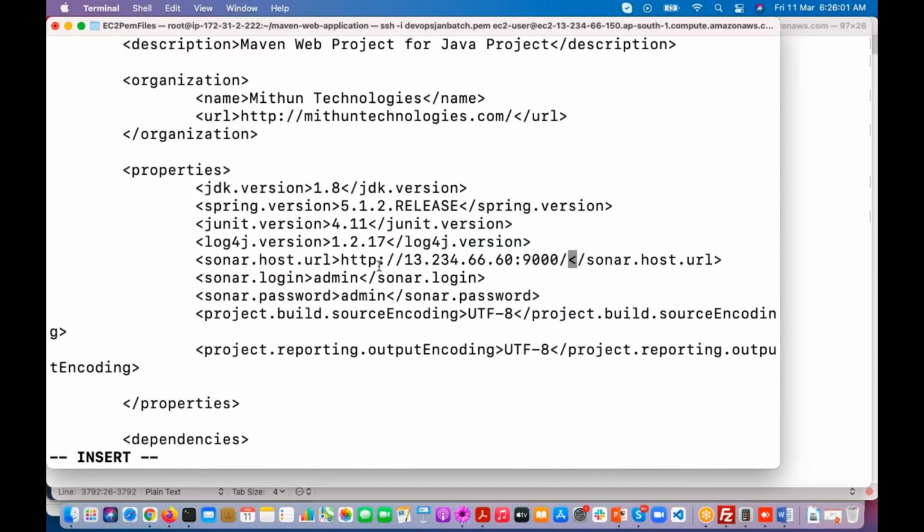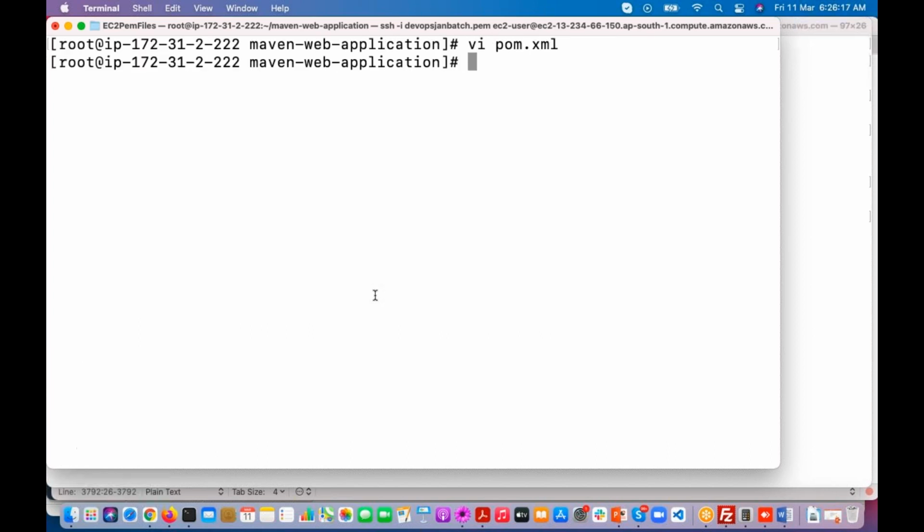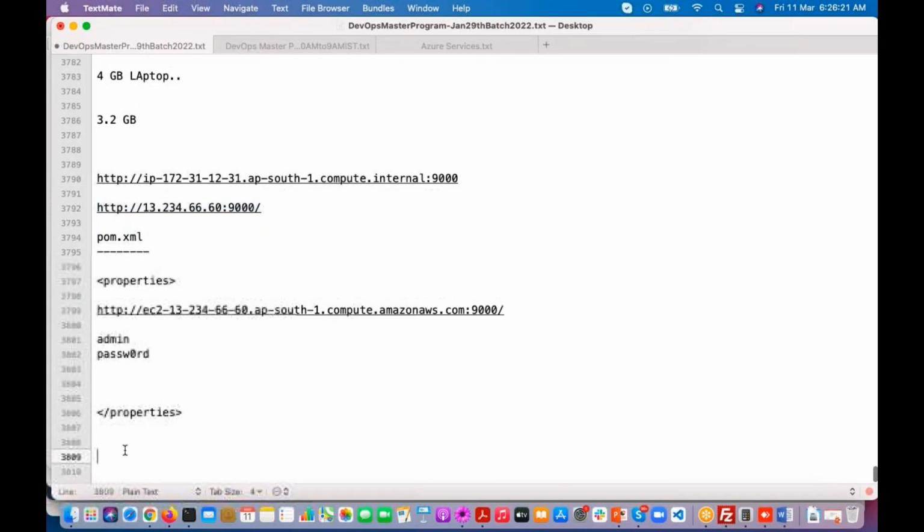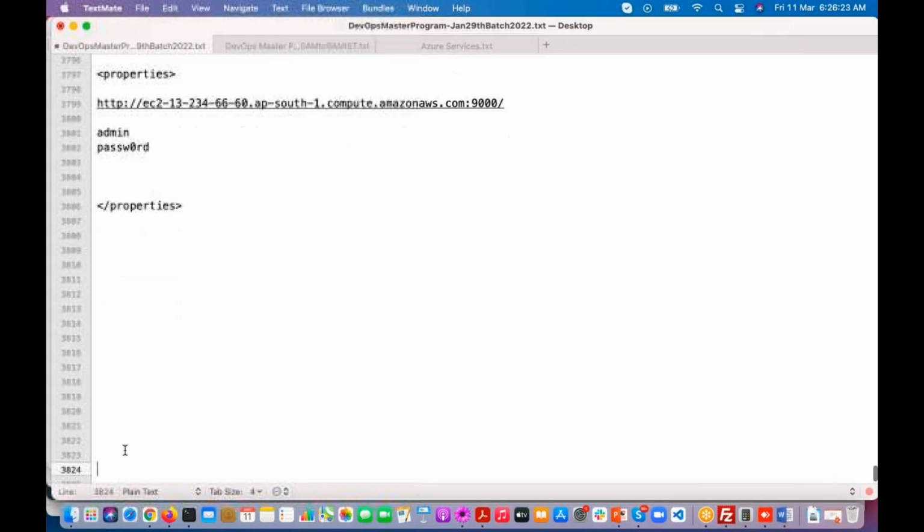And the username is admin, correct, and the password is wrong, no? So the password is just password. I have changed the default username and password, which was admin, but I have changed it. So now what is the command to execute the SonarQube report? You guys can tell me what is the command to